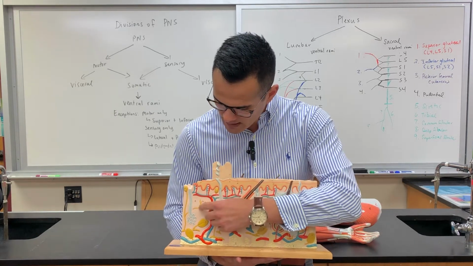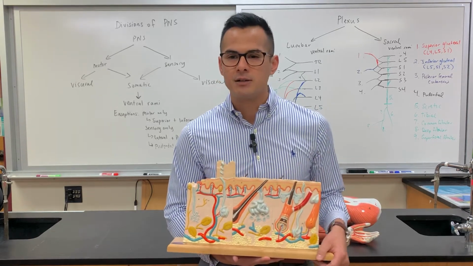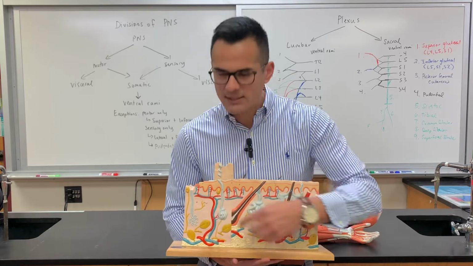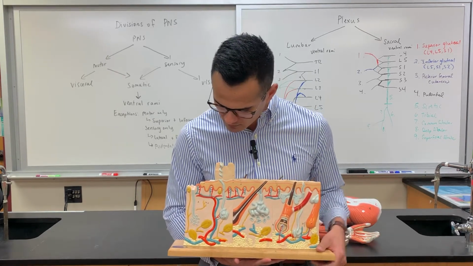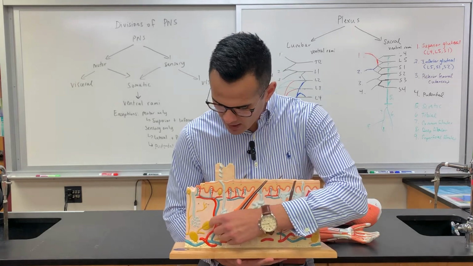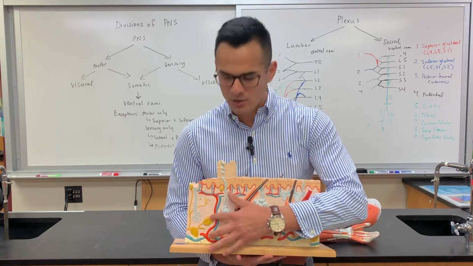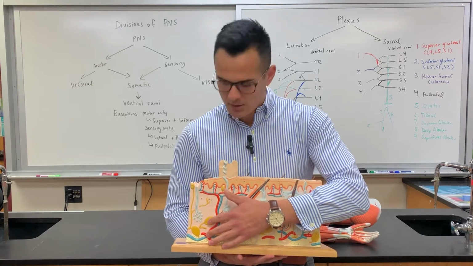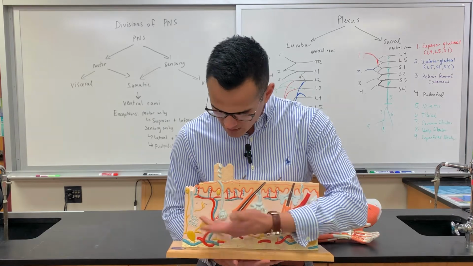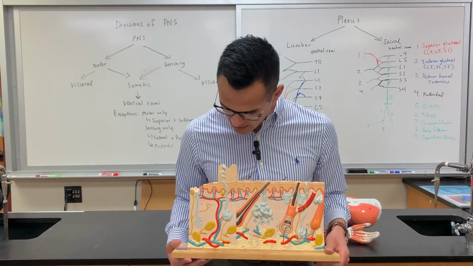And then these that are here, this is what's known as the free nerve endings. So free nerve endings, this is what detects pain and temperature. And then this here at the bottom, these are what's known as the Pacinian corpuscles. And so these are responsible for pressure or deep pressure, as well as vibration. Okay, so